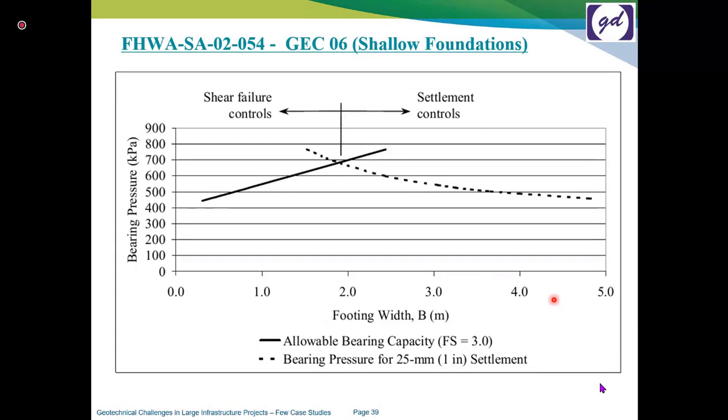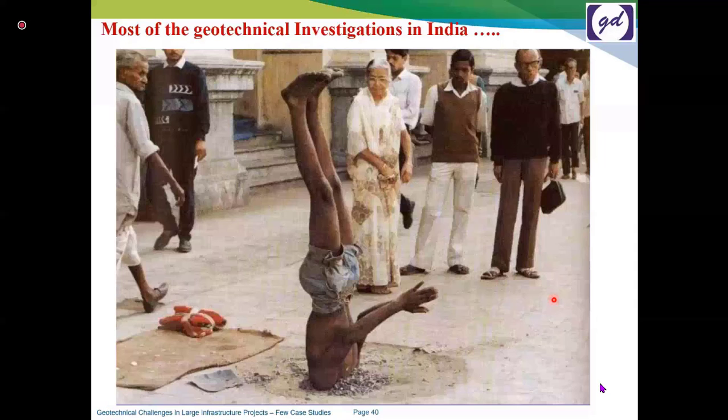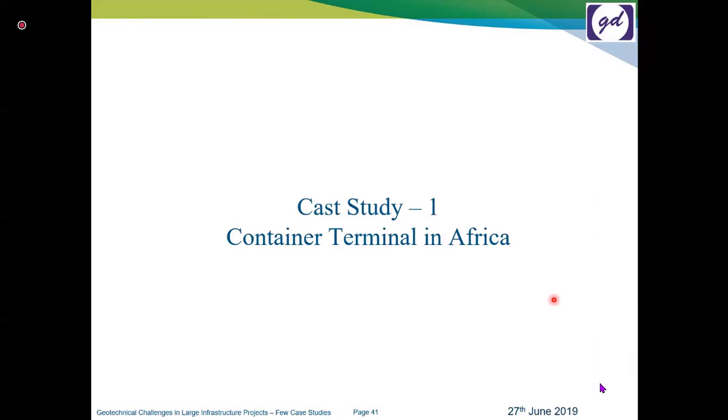You may first refer to the FHWA manual, GEC-07, which is for shallow foundations, which gives much more elaboration on this approach. You will find some particular tables and illustrative examples given in this GEC-07 for finding out optimum foundation width. So I would say don't go for just any investigations, go with comprehensive soil investigations. Any investigation which has been carried out just for the sake of investigation would create a problem for you, and you will definitely run into cost overruns and other things.